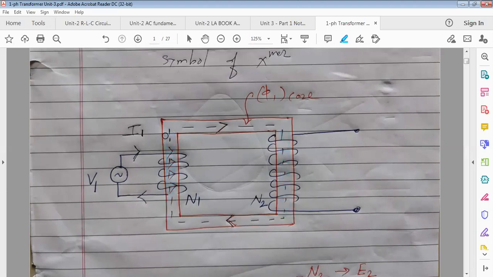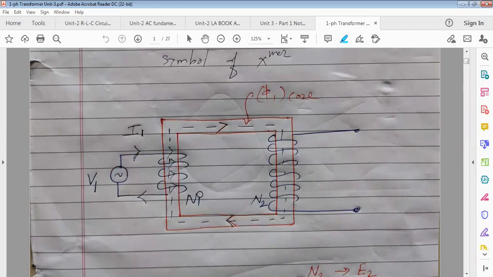So the primary winding you observe, it is wound in which direction? And tell me, apply your right hand thumb rule and see the current. We have connected here an AC voltage source. Consider AC current is moving like this, suppose for a few seconds, because for AC its direction changes. Consider for a few seconds like this it is moving. So what will happen with the flux? In which direction will flux flow through the core or through this vertical limb? Upward or downward? Apply right hand. Upward. Very good.